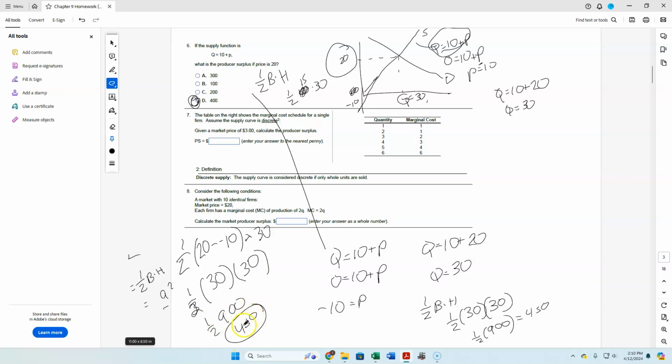I don't see how they get 400. I honestly do not see it. There's no way I see how they could have done it that way. So, I don't know. Maybe Paraloff was drunk or something like that. If any of you who are watching this video see where I have made the error, totally email me and help out the rest of the class.